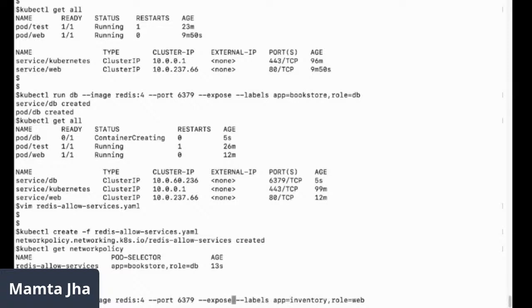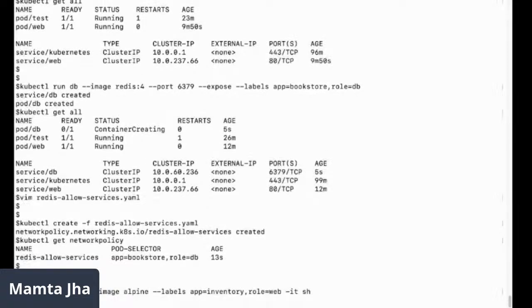Change the name. And I don't need to expose and create a port number and all. So I'm just going to change the image name as Alpine. I'll name it as test.